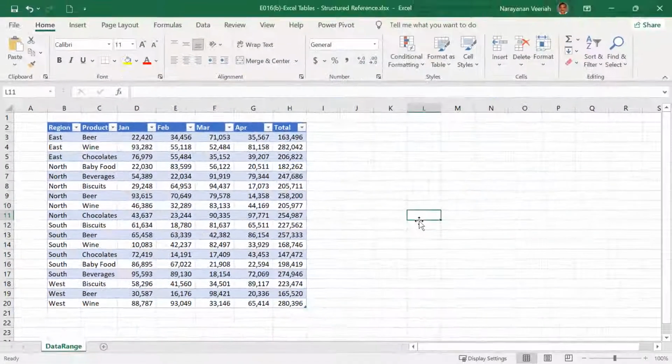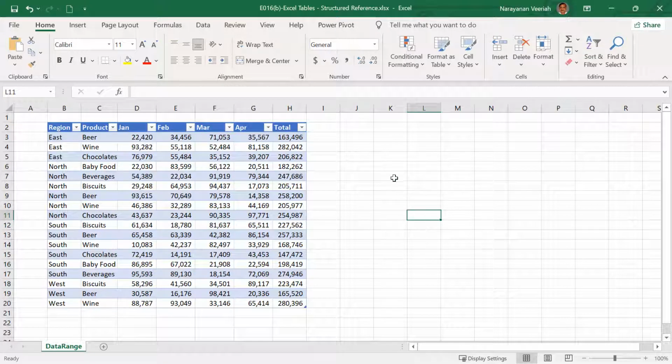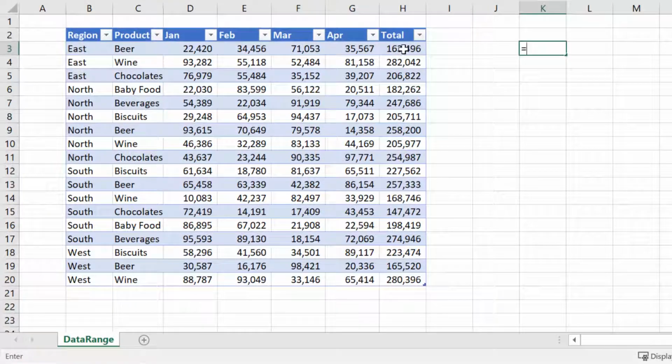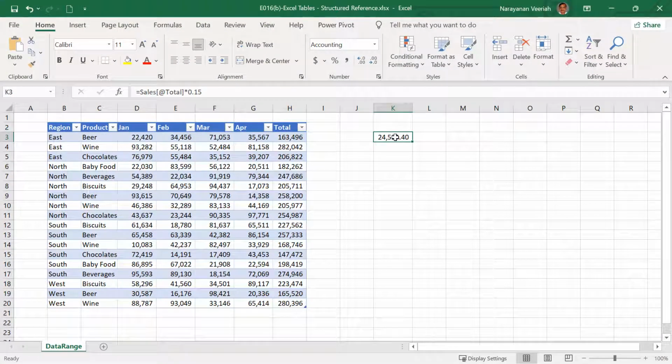You can also use structured references to create a formula even outside the Excel table like this. This formula also references the table data. This kind of referencing is helpful to locate the tables if you have a large workbook.